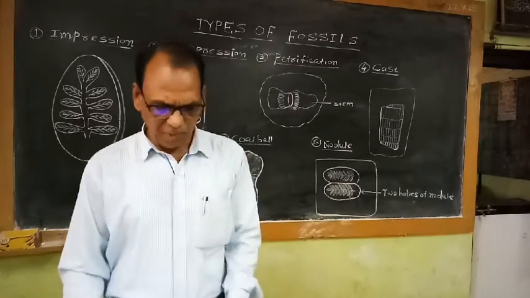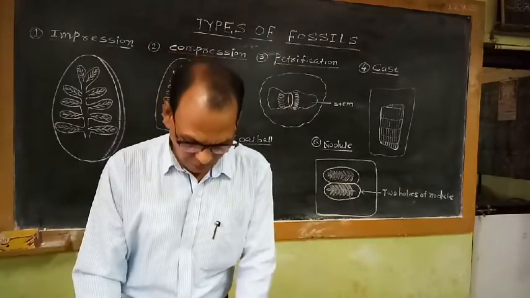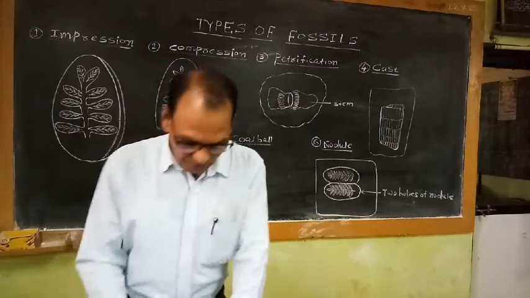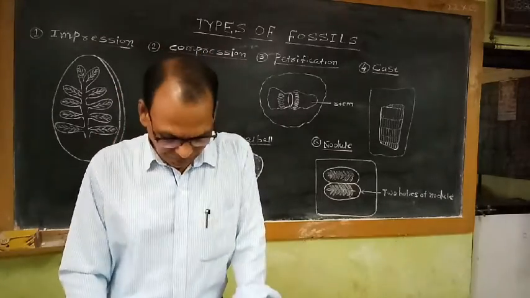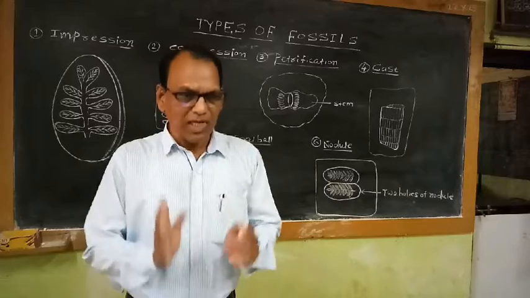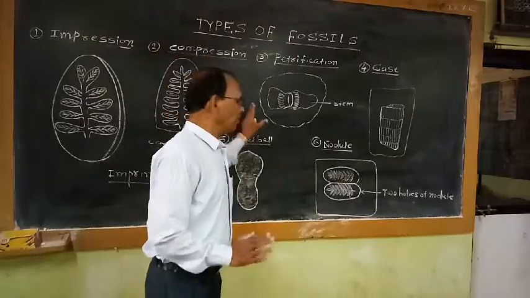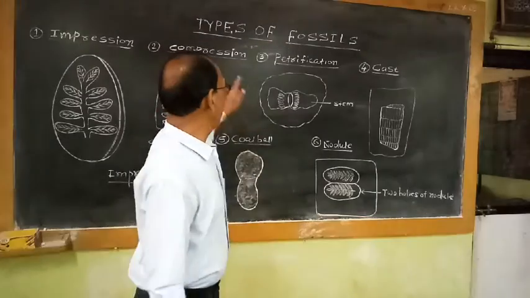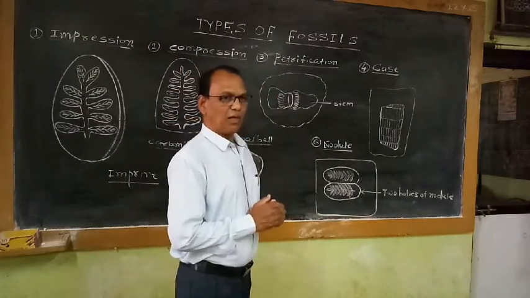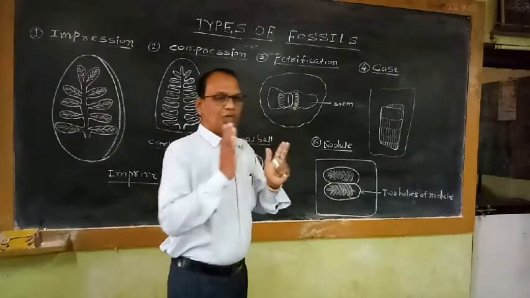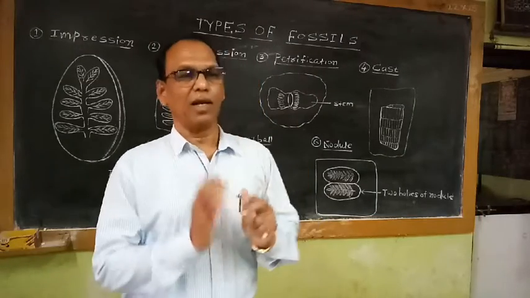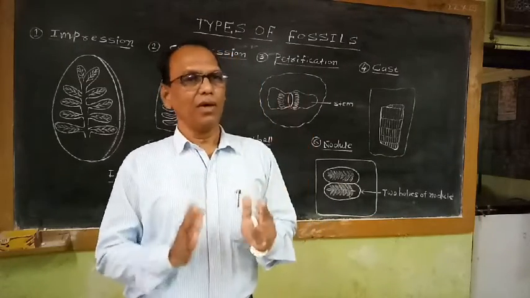So in this petrification type of fossils, the cellular details are preserved. That means the original shape of the plant organ. Suppose a stem is preserved and converted into a petrified fossil. What kind of shape of the stem was there? If it is cylindrical, the cylindrical shape may be retained.